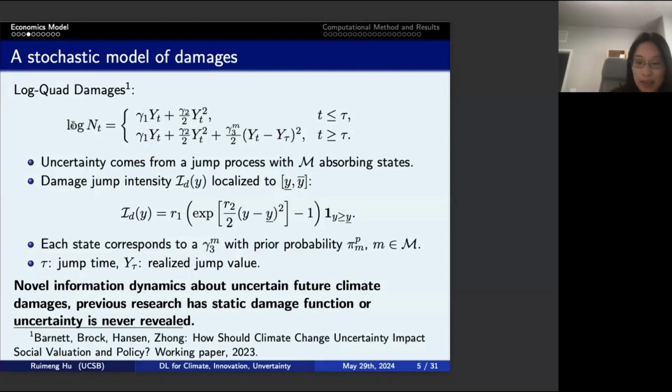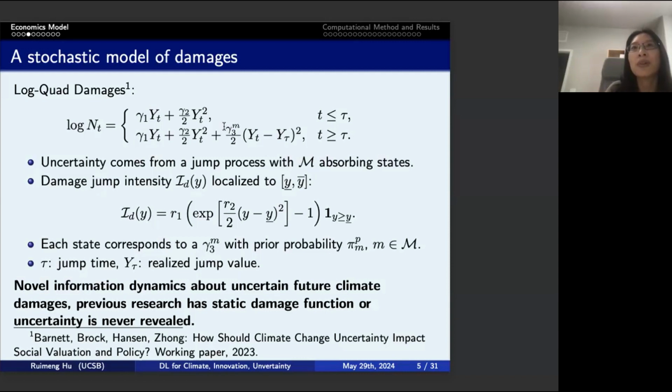So at the beginning, the damage will have the relation of the first line, and as the temperature anomaly increases and increases, if it reaches this threshold, or in particular this interval between Y lower bar and Y upper bar, then there's a jump process associated, and there's a possibility that a jump will occur, and then the damage function will have additional curvature, which has more severe damage to the environment. So it basically says that if your temperature anomaly reaches a threshold, then the damage will be more severe to the environment. But we do not know the value of this gamma 3 a priori,